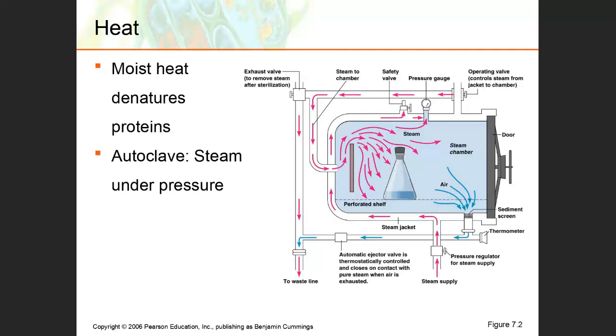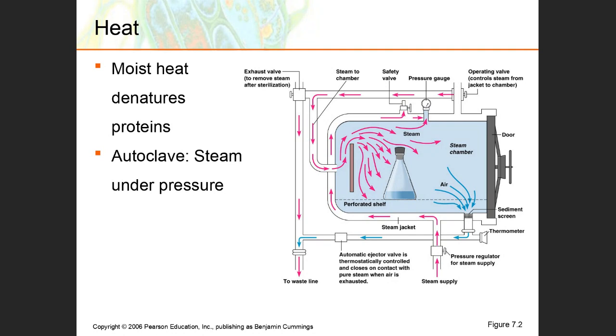Now, heat is a very important physical factor. Moist heat will denature proteins, right? We know that heat denatures proteins in general, but moist heat is when you use steam. And so the idea is you need to raise water above the boiling point, above 100 degrees Celsius. In order to do that, you have to pressurize. And so an autoclave or steam sterilizer is a way to boil water, increase the pressure, so you can raise